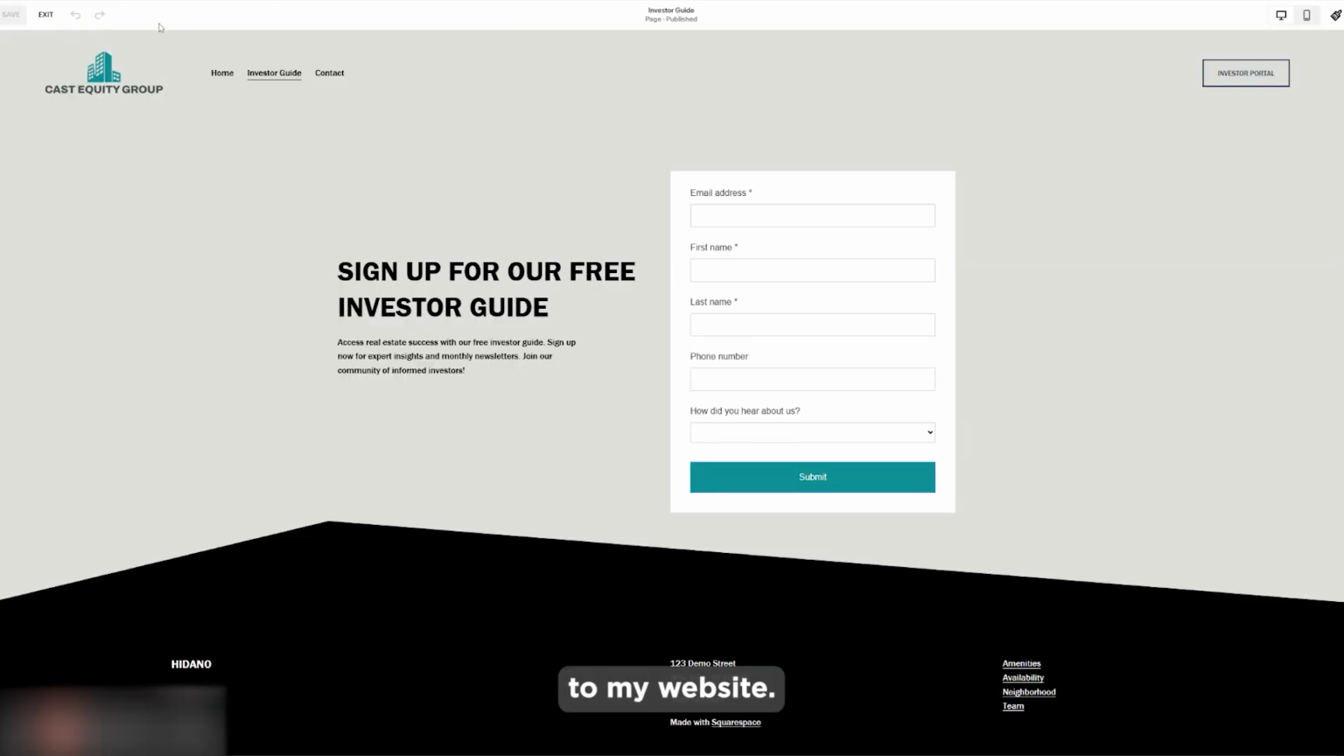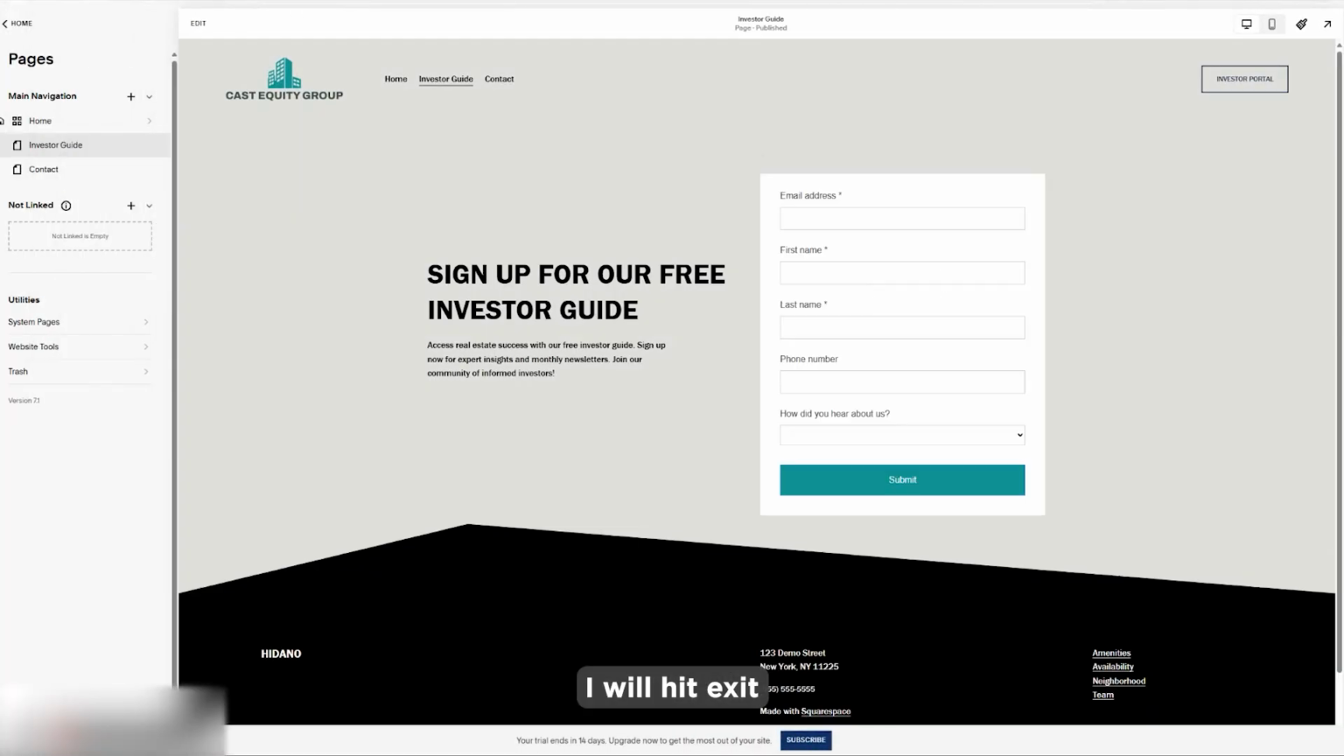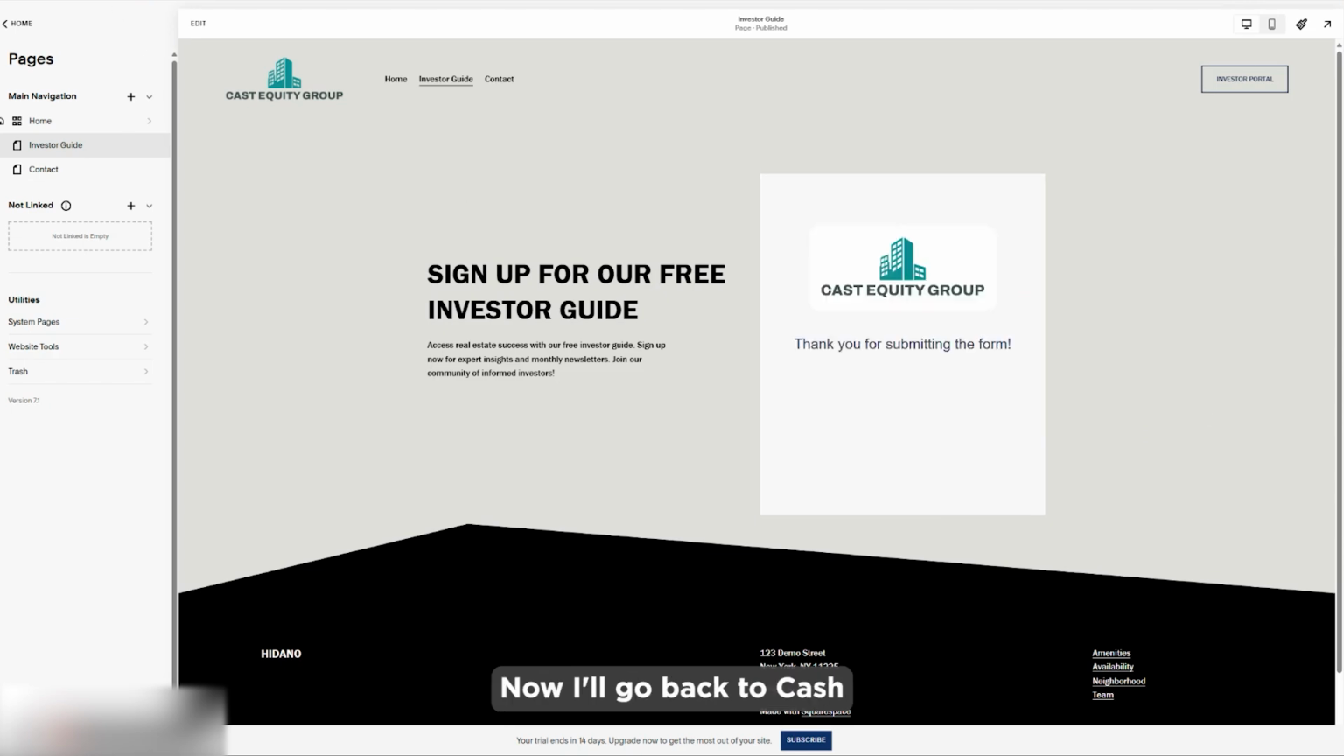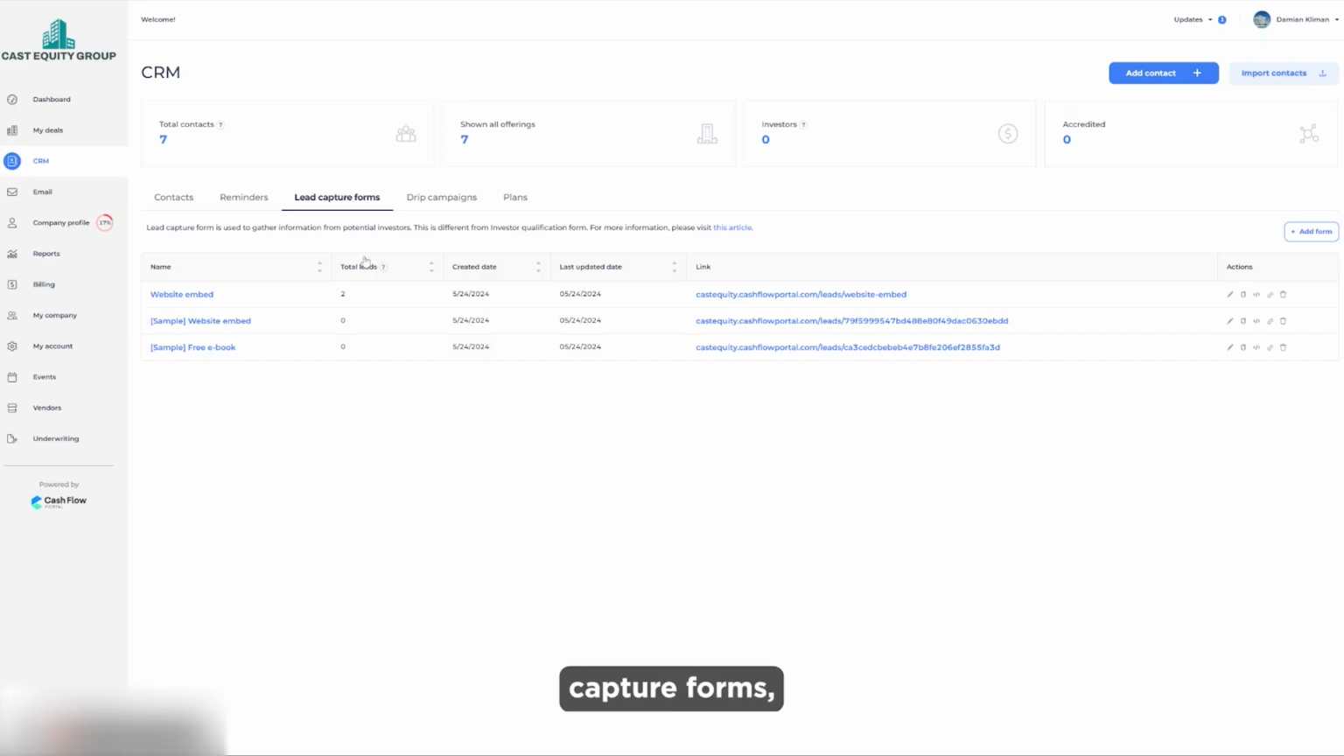I'm going to go back to my website. I will hit exit, and then I'll try filling out my form. Just fill out some test information, and I'll hit submit. Now I'll go back to Cashflow Portal, and in my lead capture forms, we can see